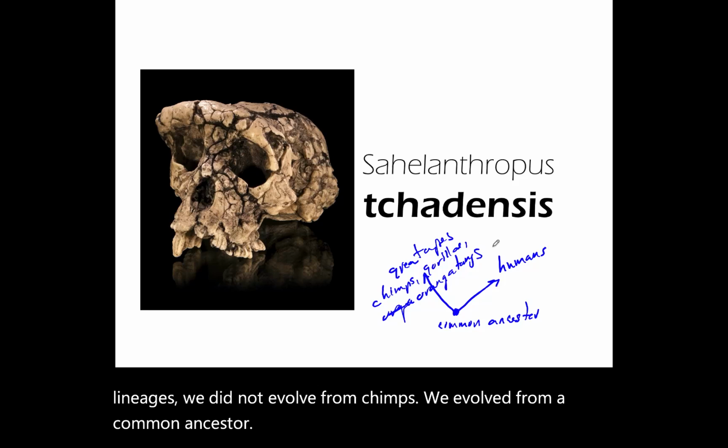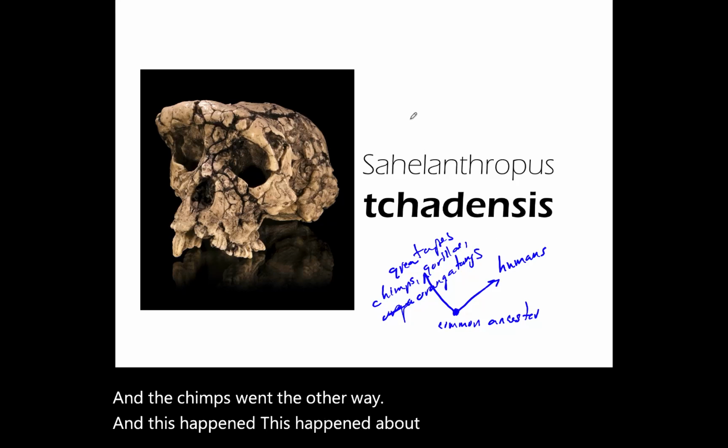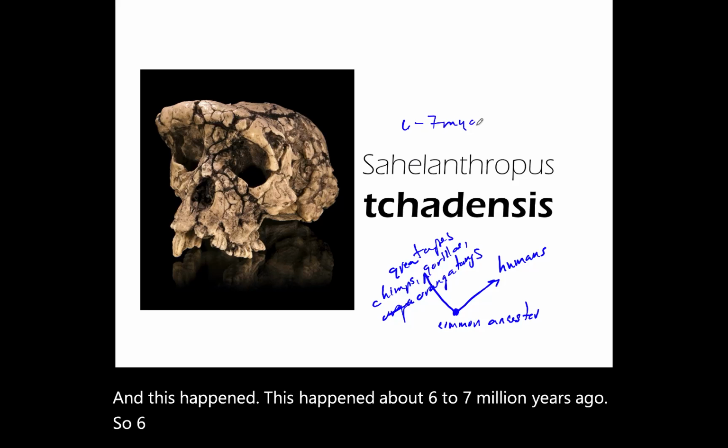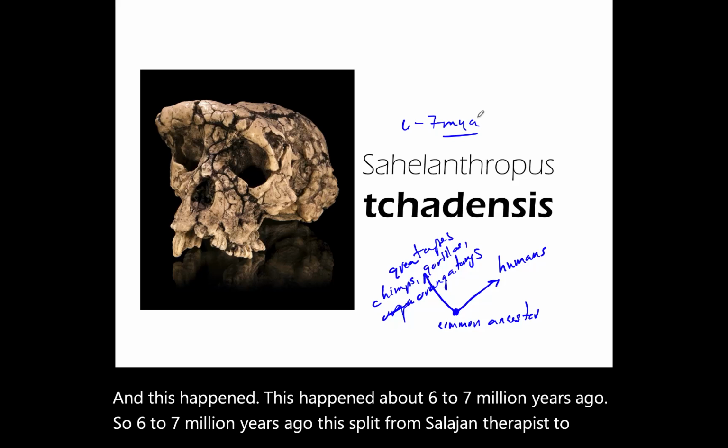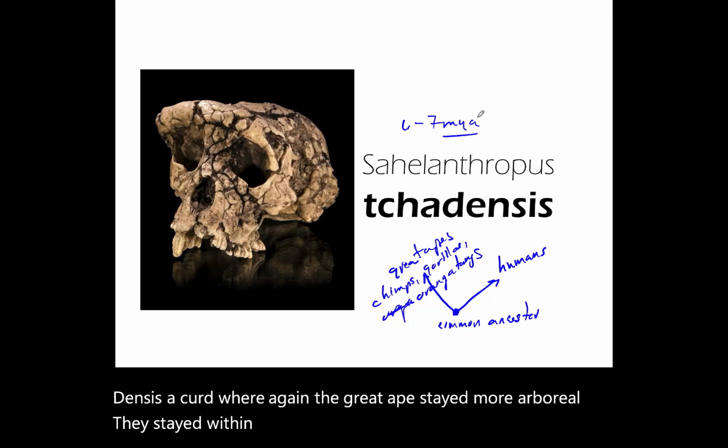And we went one way, and the chimps went the other way. This happened about 6 to 7 million years ago. Right? So 6 to 7 million years ago, this split from Sahelanthropus tchadensis occurred, where again the great apes stayed more arboreal. They stayed within the forested areas, and then